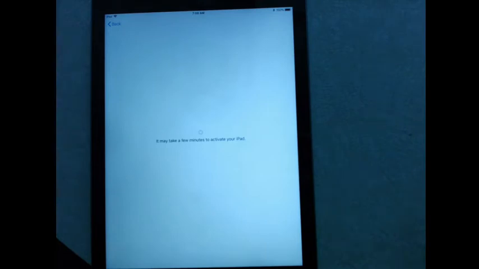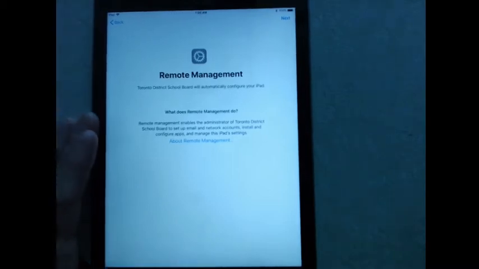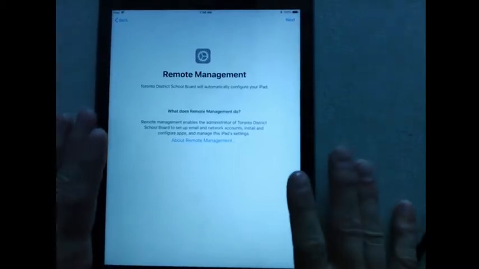So the idea of TDSB media devices is it's actually like a manually controlled list. So we have basically taken a list of all the iPads that we own and we plug them into TDSB media devices. Now some of them may have gotten missed, or some of them may have erroneously been taken off that list. In which case you can always use TDSB-Wi-Fi as a fallback. So yeah, once it's connected to the Wi-Fi, the next screen you'll see is remote management.